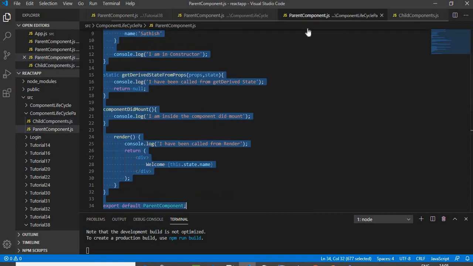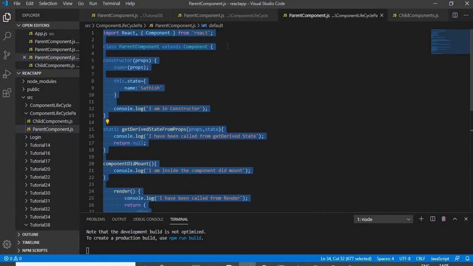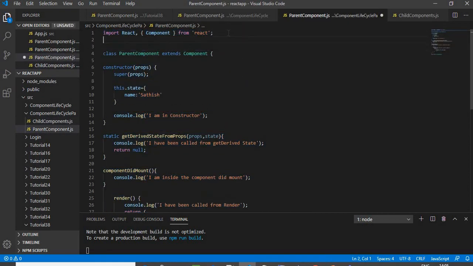So I'll be using an import statement over here. Child from ./ChildComponent.